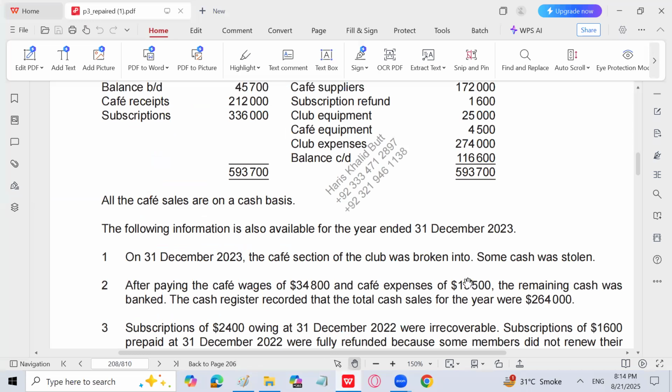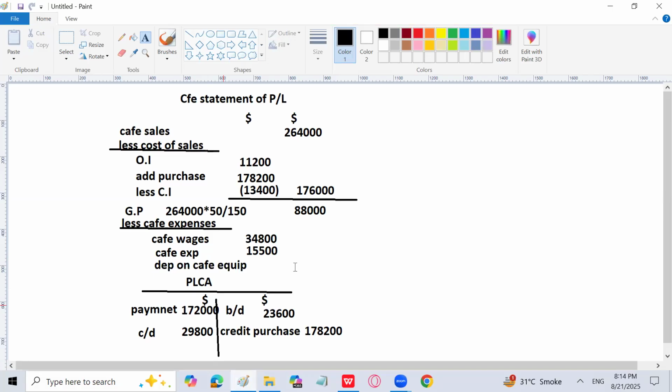Now, we have seen that on 31st December, the cafe section of the club was broken into and some cash was stolen. So that cash stolen is also the expense of cafe, right? We have to write the cash stolen for expense of cafe, and for that we have to prepare cash account to find the cash stolen as an expense figure, because